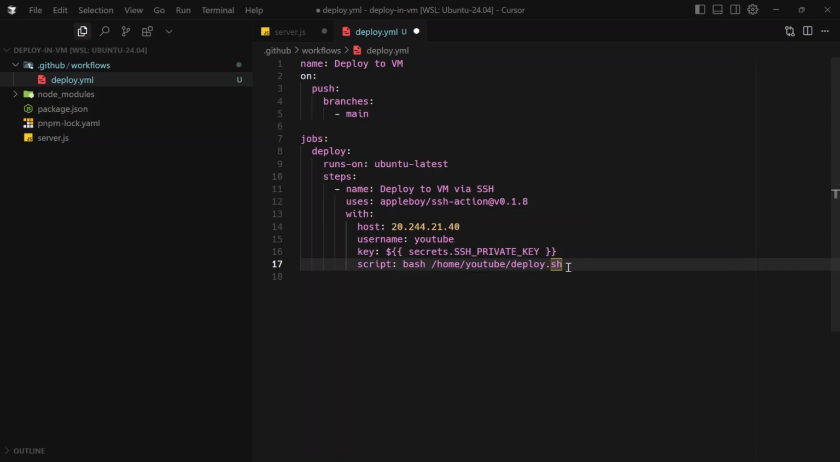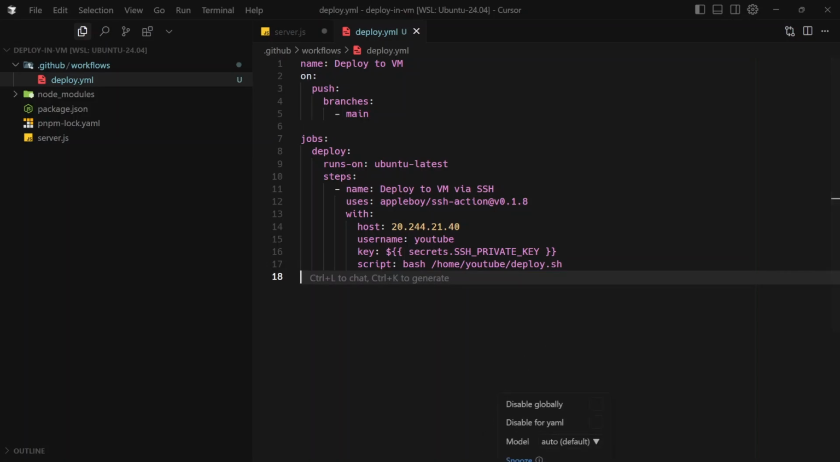And the script is nothing but bash, user interpreter bash, go to the home, go to the user, which is YouTube in our case, and run the deploy script. As I explained earlier, the deploy script is going to do all the work. We are just going to trigger the deploy script here. So once this is done, you may save it. And now the next step is